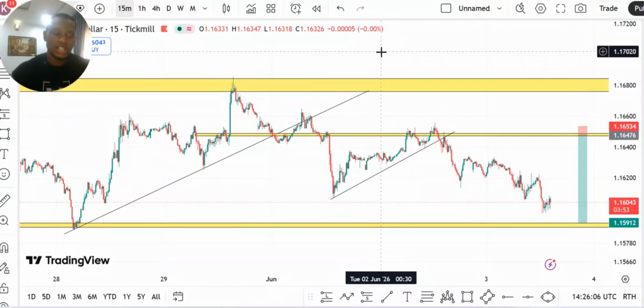And we have the downtrend line. It connects two or more lower highs. The trend line acts as a resistance, showing sellers are in control. You know, when you are selling a market, you don't expect that market to keep selling. There will always be a retest. There will always be a pullback. So that pullback is a continuation pattern of what you're selling. It doesn't mean the market wants to reverse. It simply means it wants to pull back